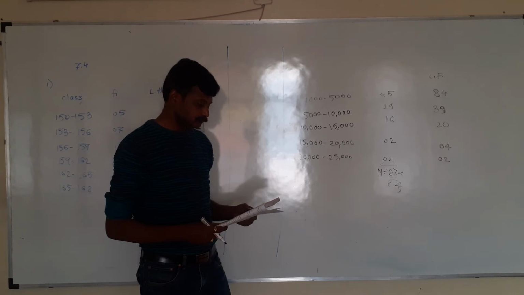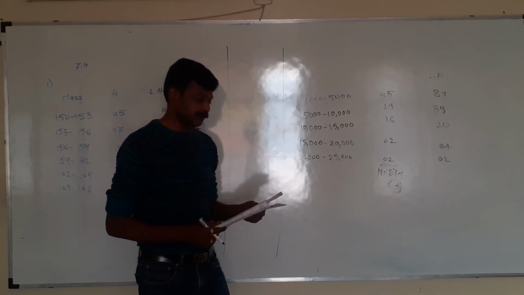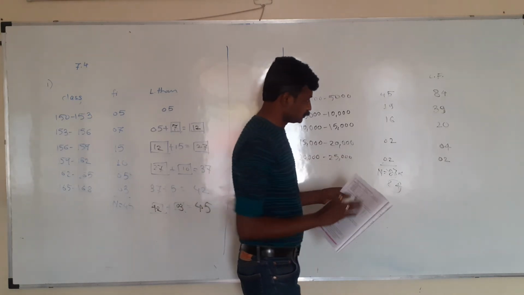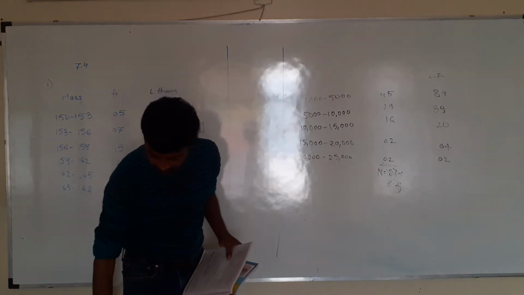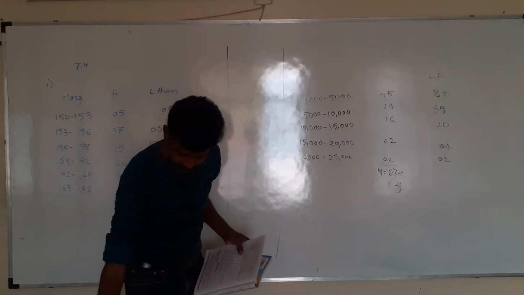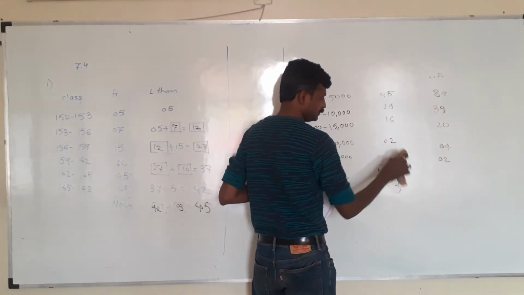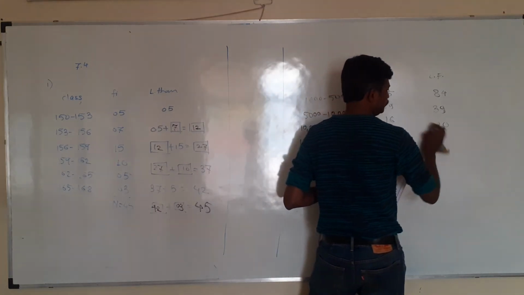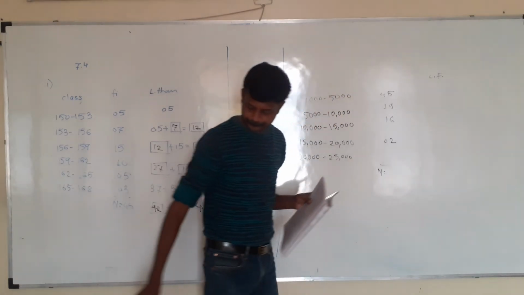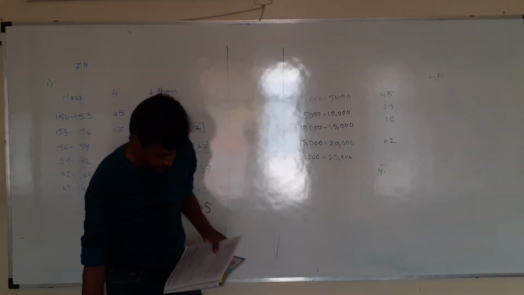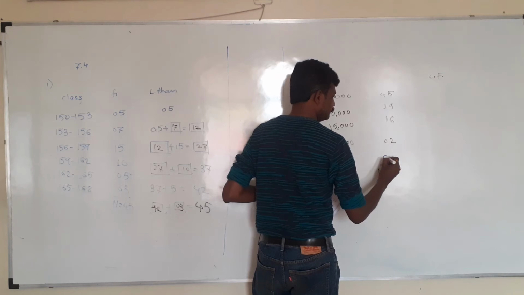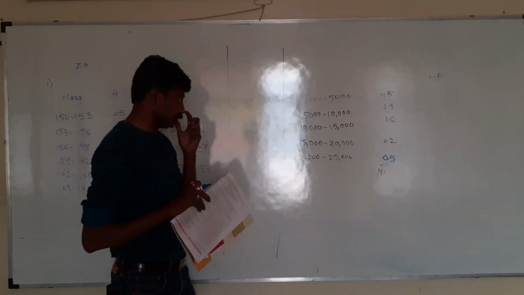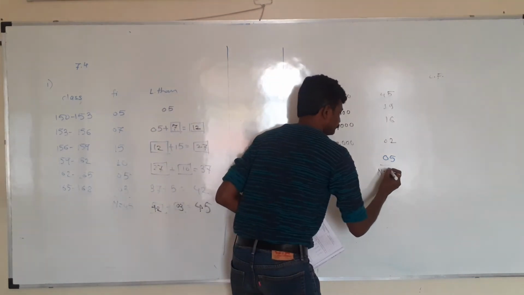Sorry, the mistake is made by me. For the last class, it is not 2, it is 5. So in the textbook there is no correction; the printing is correct. I made the mistake. This class should be 5. So there will be changes from the beginning, and we will solve it again. For the last class the frequency is 5; I wrote 2 by mistake. Okay, let us continue now. Now the total is correct, 87.